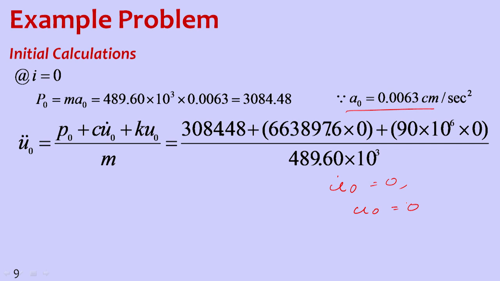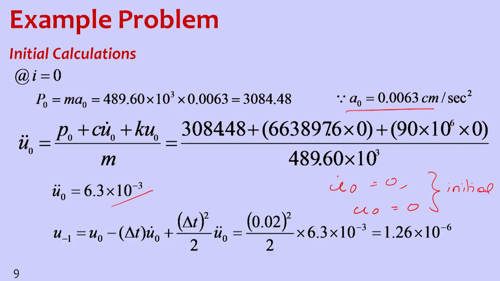So these two values, initial conditions, are 0. Initial conditions are assumed before we start the problem. Calculating the initial acceleration, we got around 6.3 into 10 to the power of minus 3. In calculating U at 0, as already discussed, we need to calculate U minus 1, which is